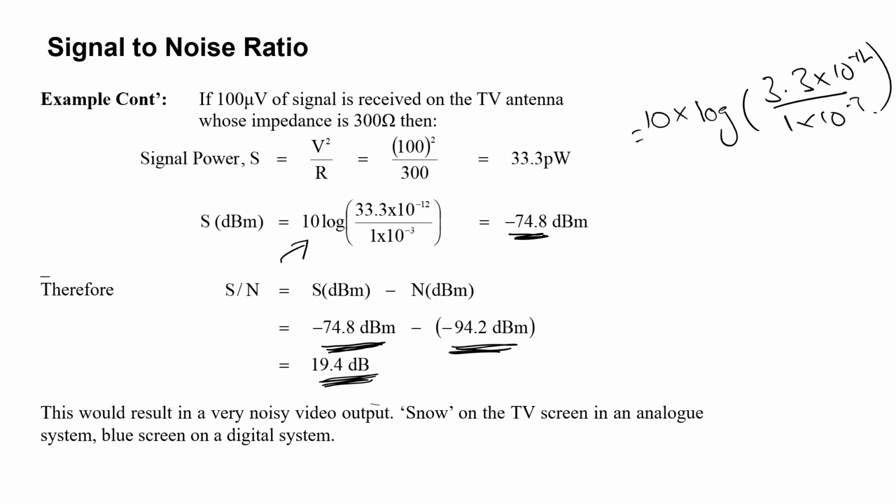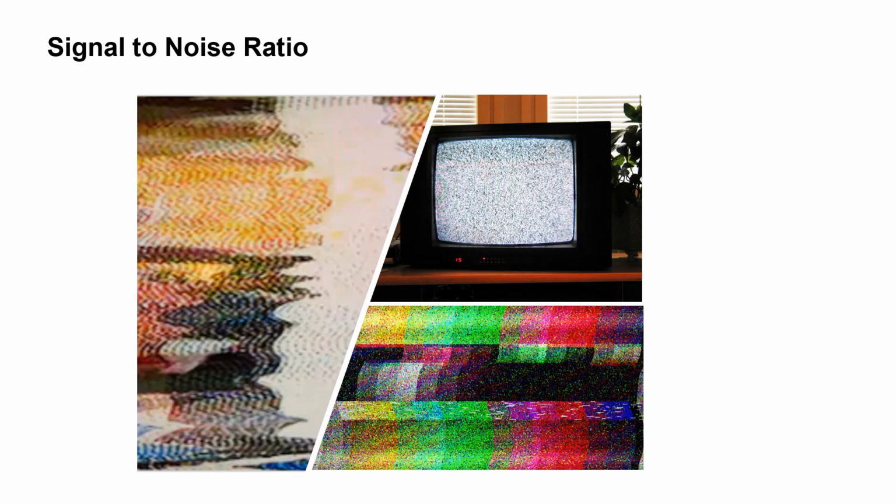This would result in a very noisy video input: snow on the TV screen in an analog system or a blue screen on a digital system. So, as a consequence of this discrepancy between the received signal to noise ratio that you got from the previous example and what is required, that is 40 dB, we will have a bad signal on analog television